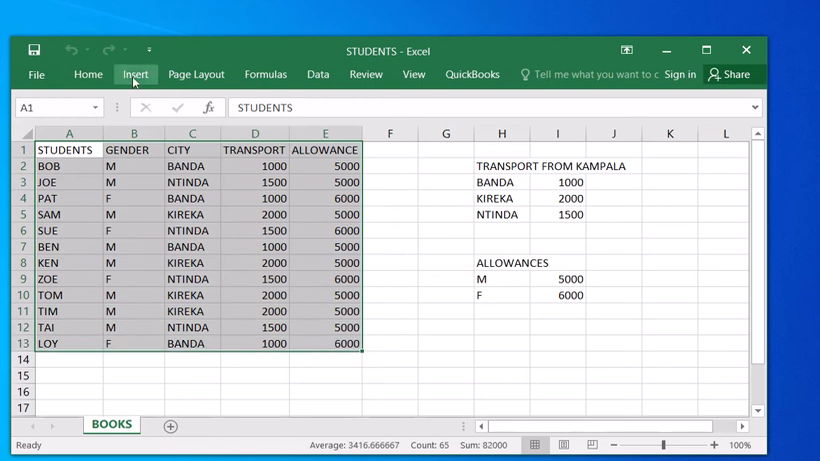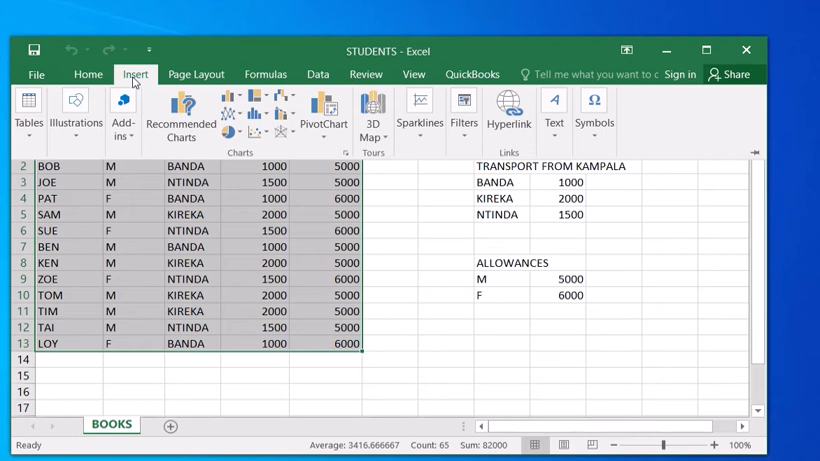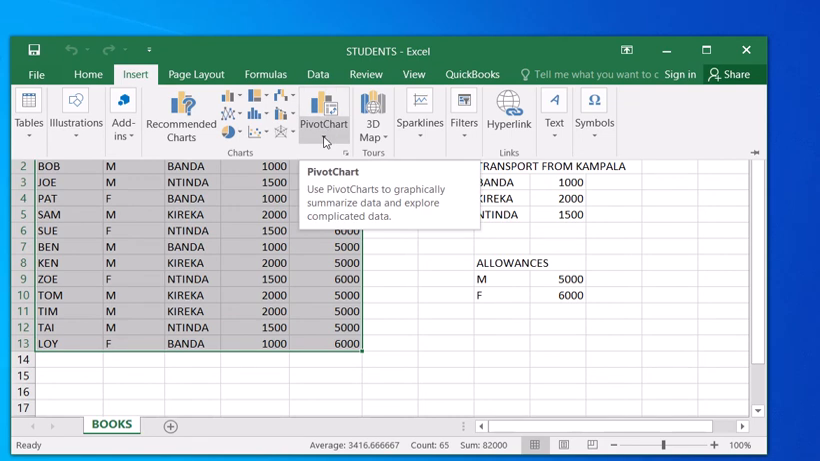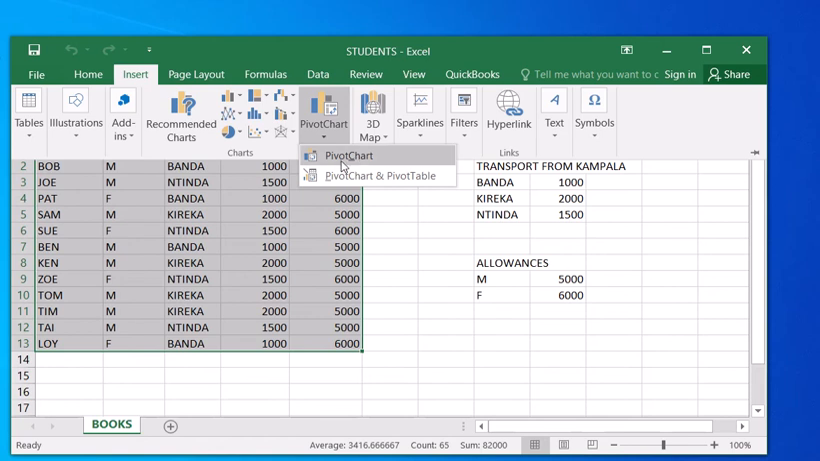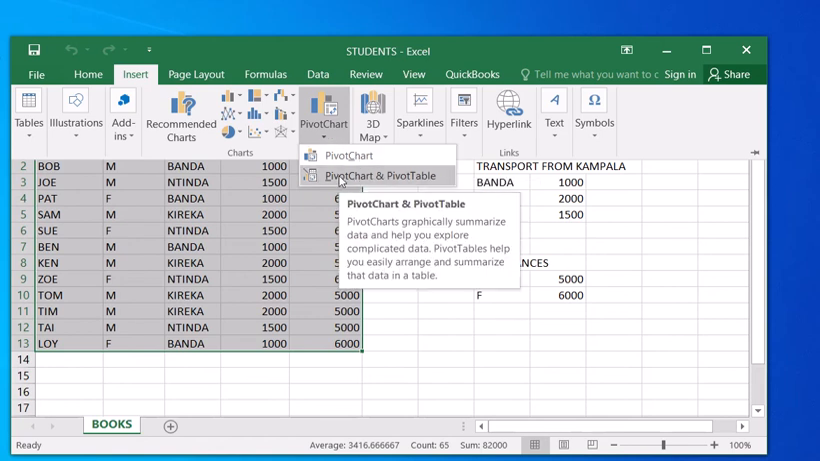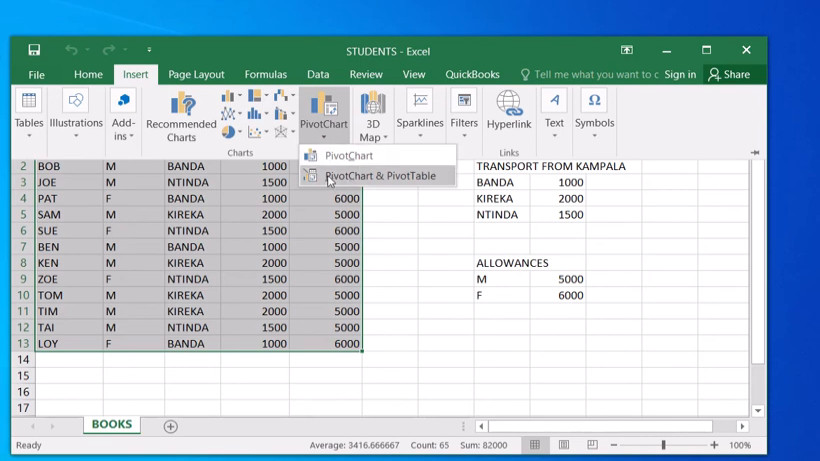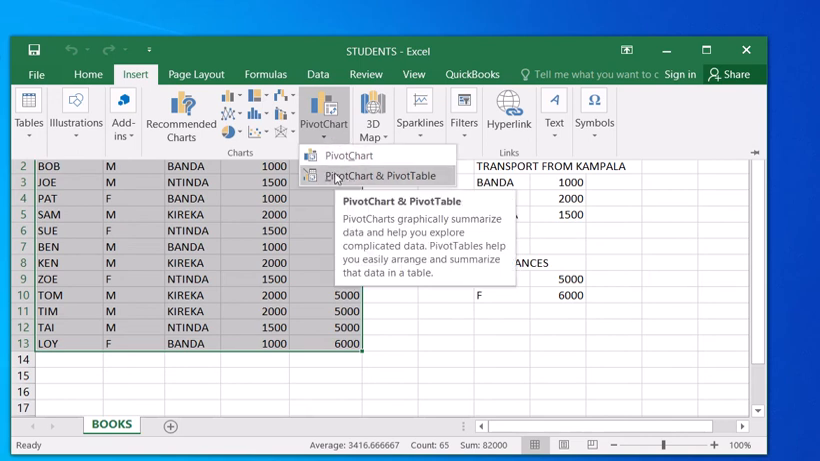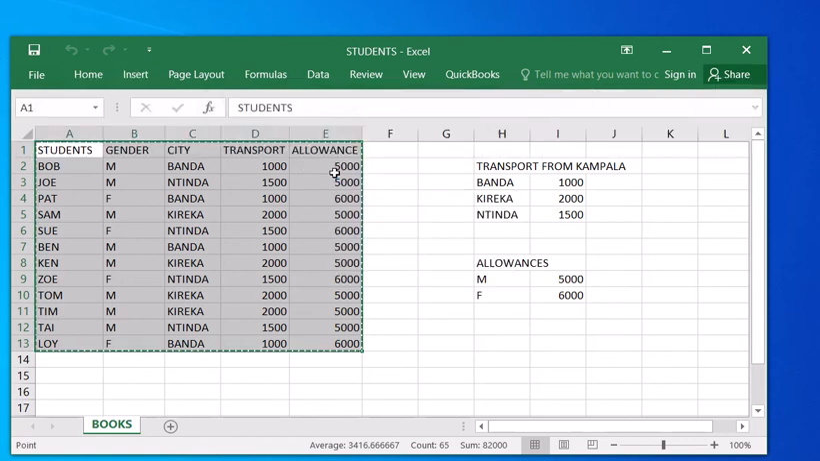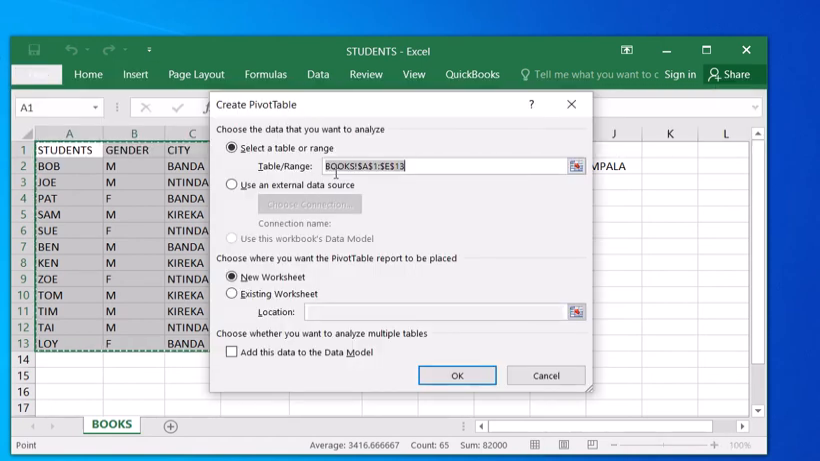And we are going to go to the Insert menu, and under the charts group of all the different charts, we have one icon that allows us to create a pivot chart. If you click on the drop-down arrow, it has Pivot Chart, and another option is Pivot Chart and Table. You can select either of the two, because whichever you select, it will put a table and a chart. So we are going to go ahead and click this second option, and we get a pop-up